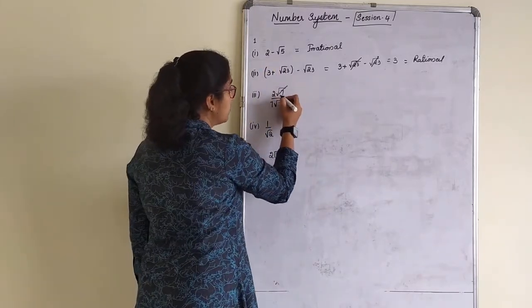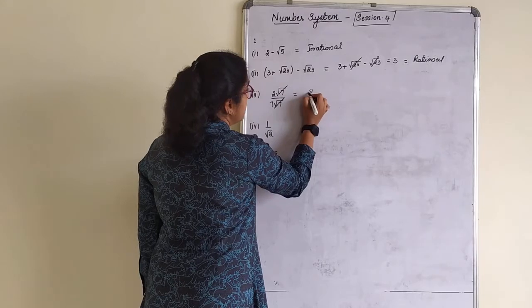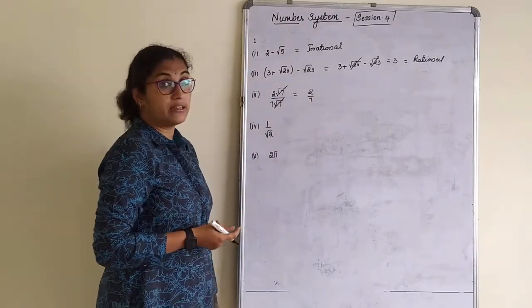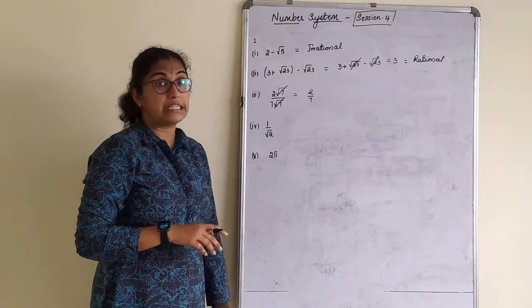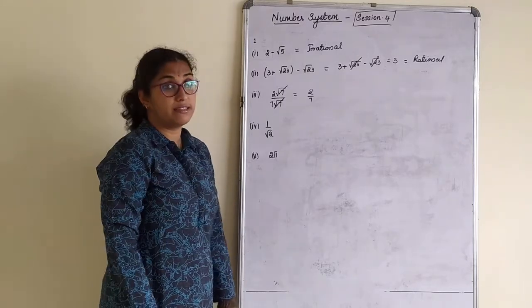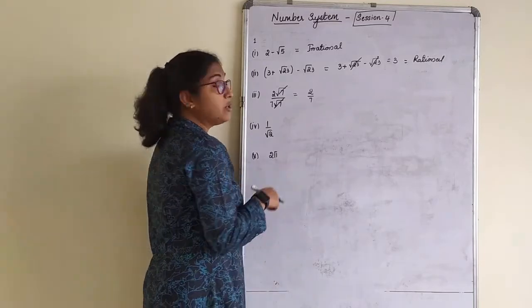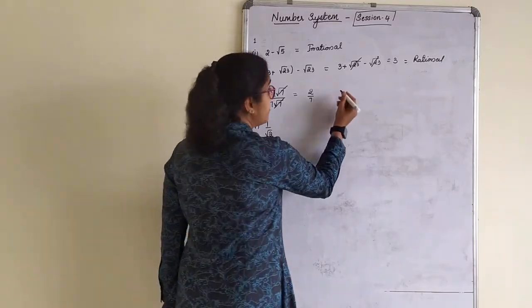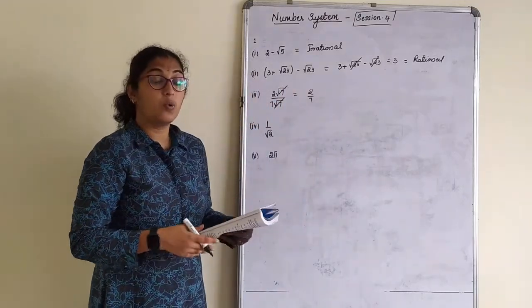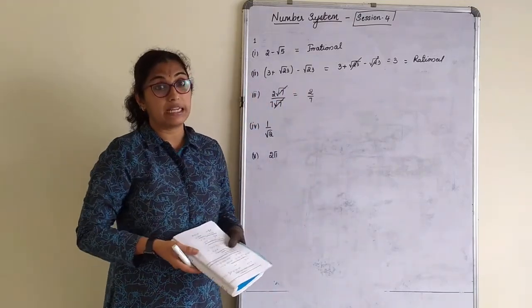This one, root 7, if I cancel, 2 by 7. Now 2 by 7, what do I get? How do I know whether 2 by 7 is rational or irrational? Now we have to divide this. When you divide, only then you can check this, right? So when we divide, what are we going to get? Because it can be even irrational. How if it is repeated without anything?